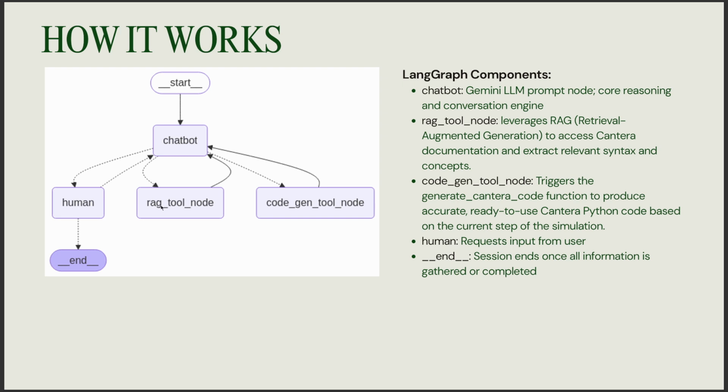Or it can go to the RAG tool node, where the RAG tool node can access Cantera documentation and give back context to the user and also to the LLM. And the code gen tool node is when the chatbot is ready to produce clean executable Python code. Then this tool node is executed, and it goes into the documentation, retrieves information, and generates ready-to-use code